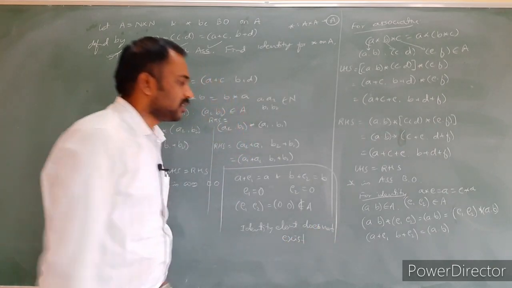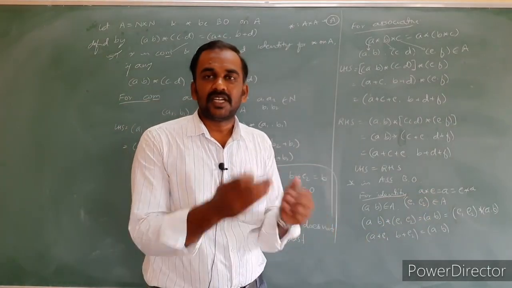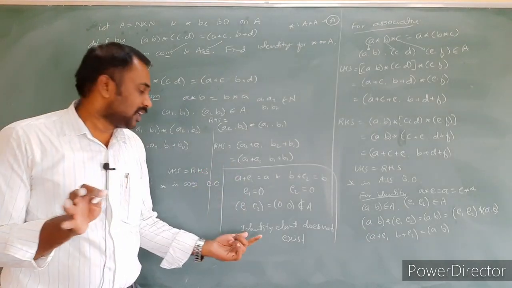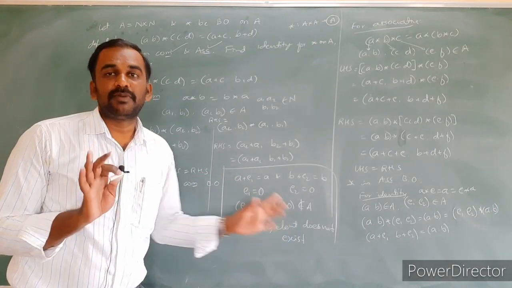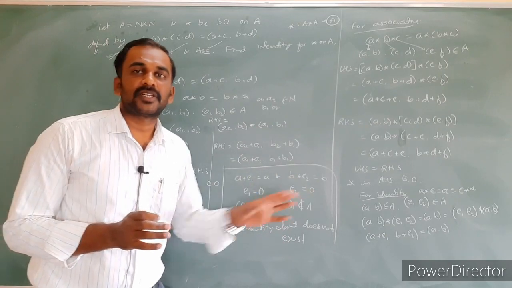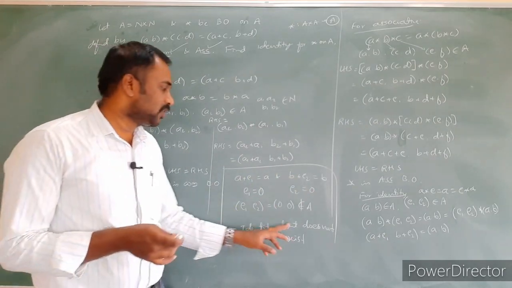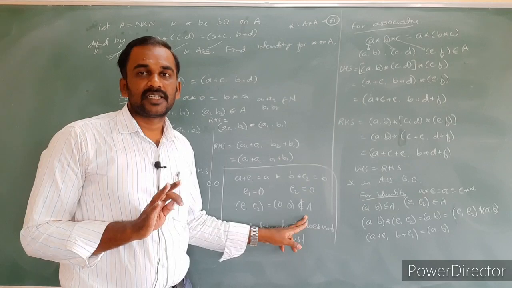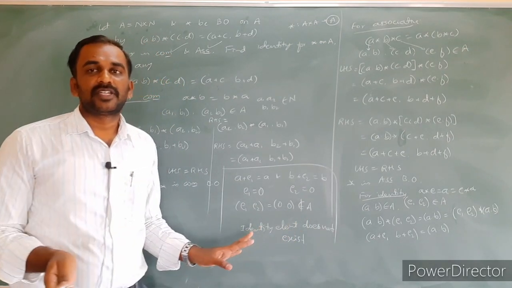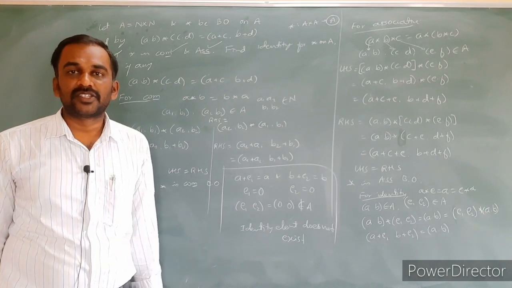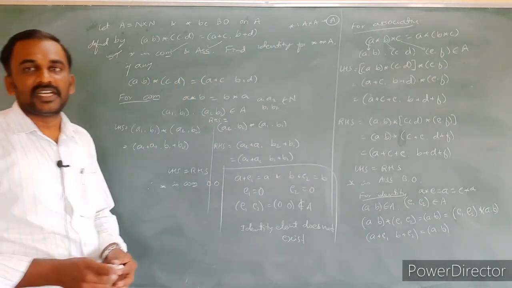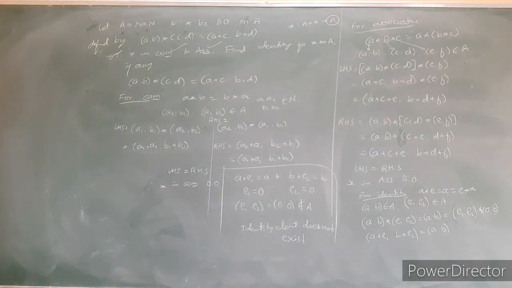No need to worry about it. If you simply remember the definition, apply the binary operation definition and simplify, we will get the conclusion. At the end, the identity element must be present in the given set. Similarly, the invertible element also must be present in the given set. If it belongs to the given set, then it is the required identity element. If it does not belong, then the invertible element or identity element does not exist. Very simple. If you remember the definition, you can easily solve any problem based on that condition.